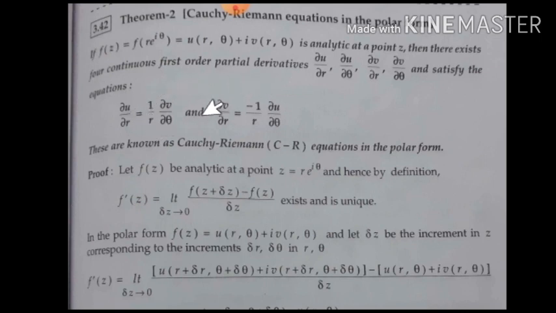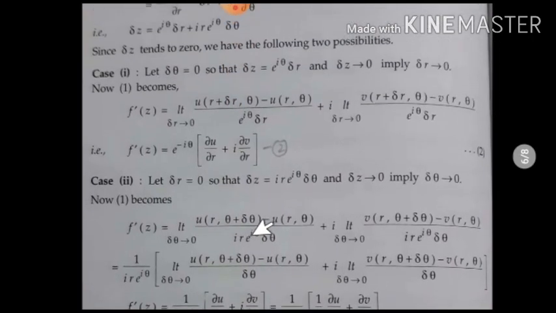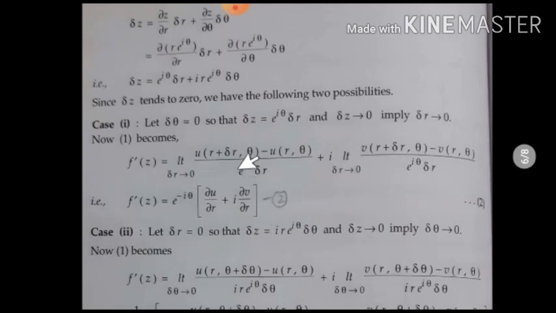The only difference is that a complex number in Cartesian form is expressed as x plus iy, but in polar form it is expressed as r into e to the power of i theta. So while finding delta z, you will get a slightly different term, which is described. The first initial part is the same as how we did it in Cartesian form. Okay, so for delta z there is a little change in the simplification. See, z is a product of two functions, r and e to the power of i theta.